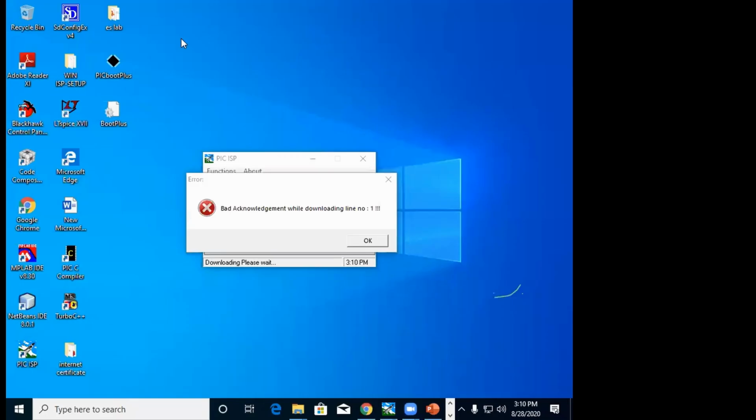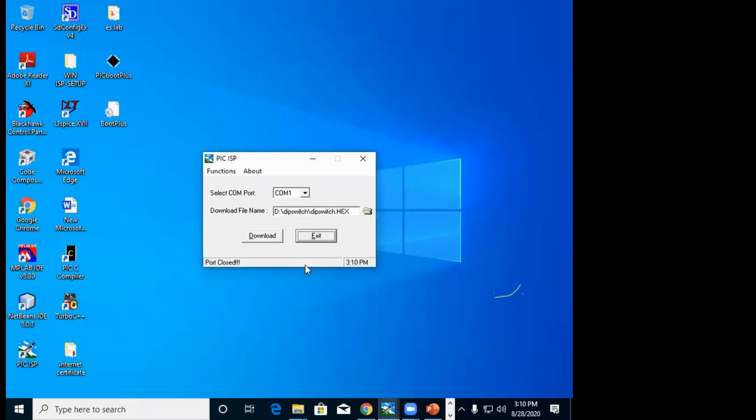Why? Because in the development board you have two things in the switch: one is program mode and the other is execution mode. So in the previous program you have selected the switch